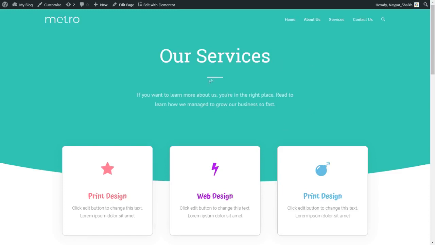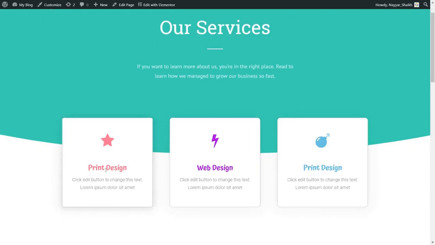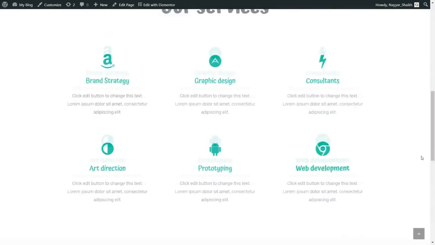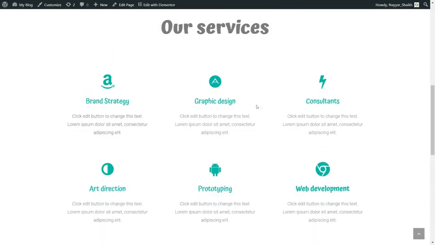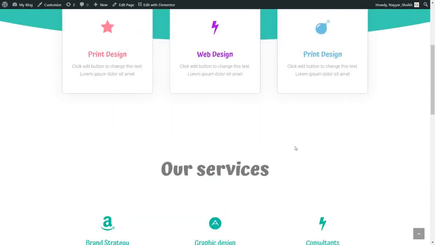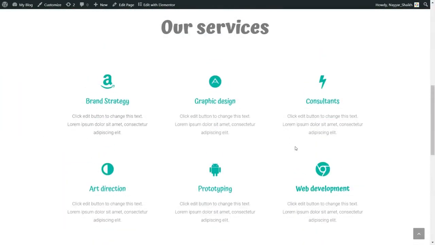Now here also we have our title, the divider, subtitle, and three different services. Okay, for example, print design, web design, and again we have three different icons over here if you see, and we have different colors. Then after that we have some more services like brand strategy, graphic design, consultants, web development, and so on. And as I said earlier, we have selected two colors as the primary and secondary color,